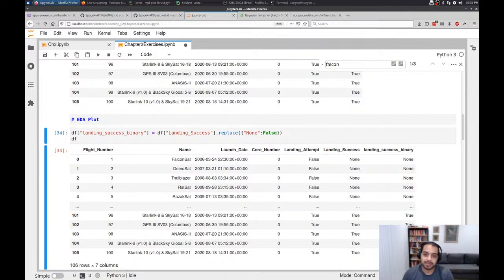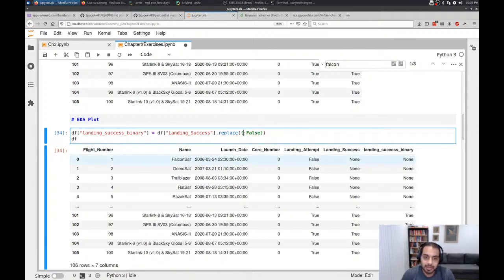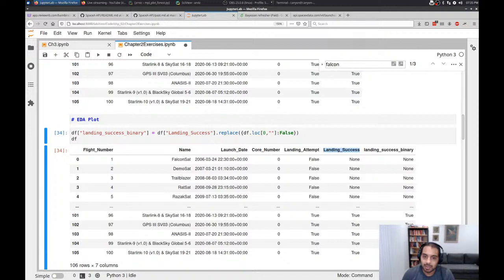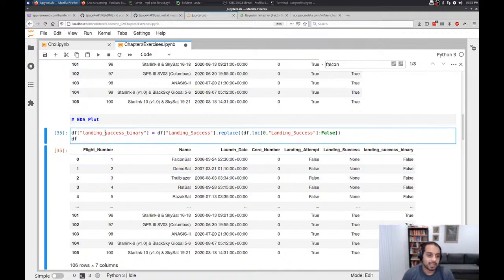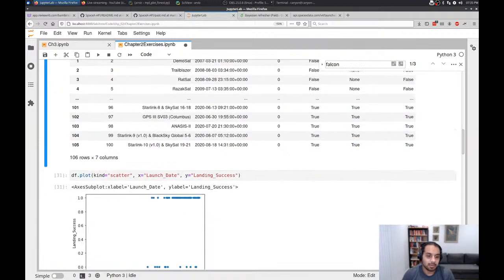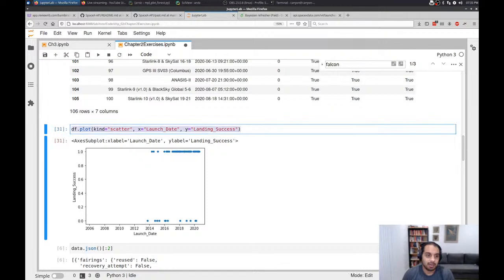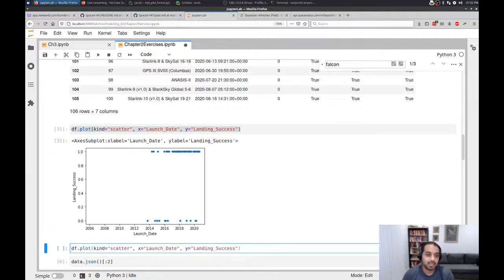And it did not work. So data frames and data types are annoying. So what we're going to do, we're just going to do this the cheap way. We're going to grab the first index, the first row, and landing success. Try to get it that way. All right, perfect. So now we got landing success binary, which means when we plot this, we should see more